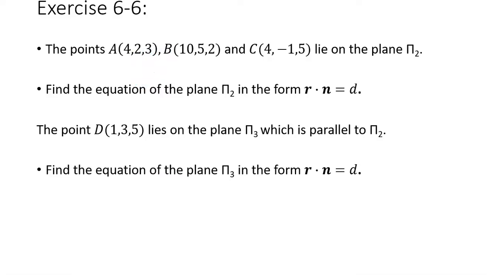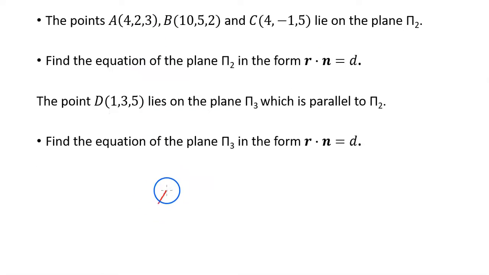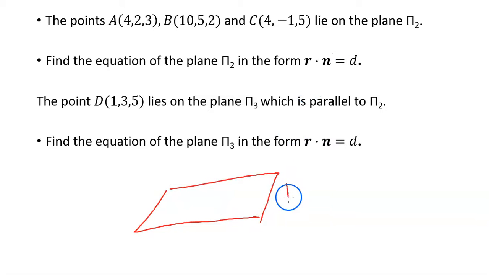Okay, let's draw a little sketch. So this can be our plane pi2. Okay, and then we have the points A, B, and C in the plane. So A, B, C. And then origin can be over here. Let's let A be our initial point in the plane. And so let's go ahead and calculate the vectors AB and